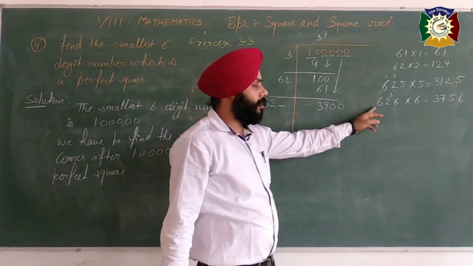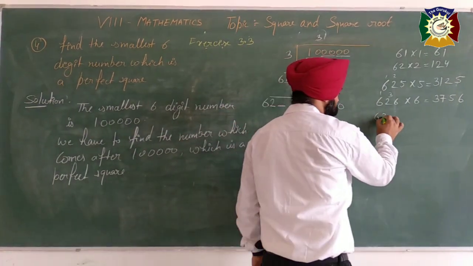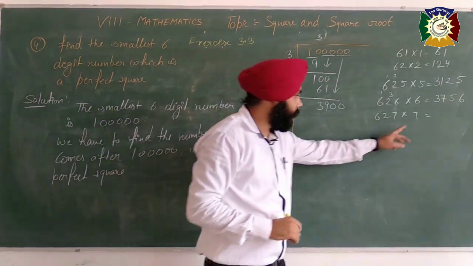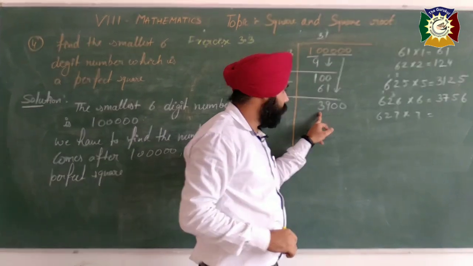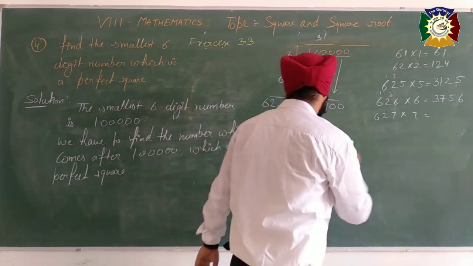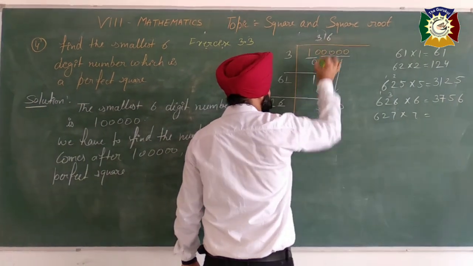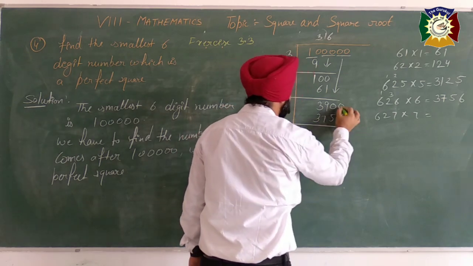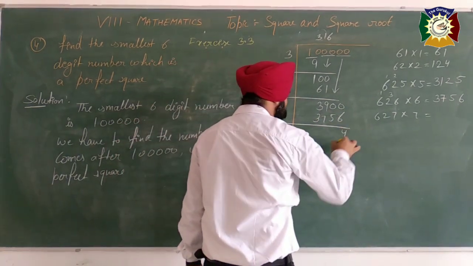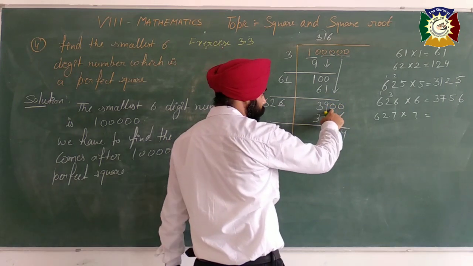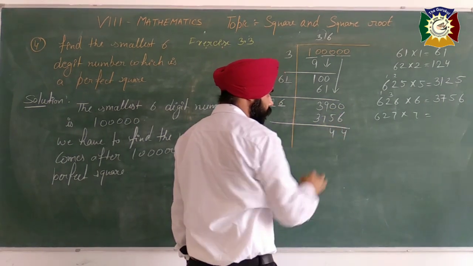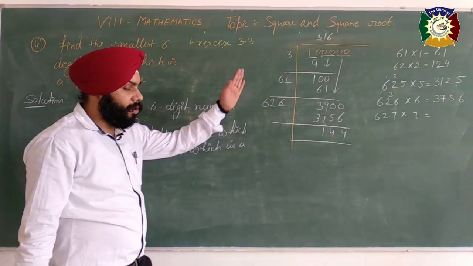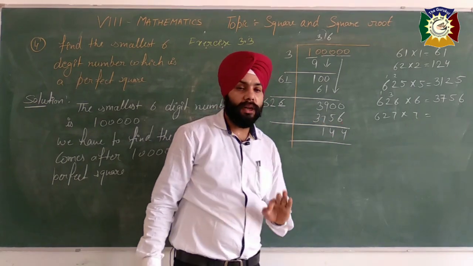Now if I choose 7, then easily understood, 7 will be greater than 3900. So this 7 will be greater than 39. So we never take it; we have to choose here the number 6, 66, and write down here 3756. Now subtract: 10 minus 6 we get 4, and here 9 minus 5 is 4, 8 minus 7 is 1. It means in the whole procedure we get 144 remainder here.